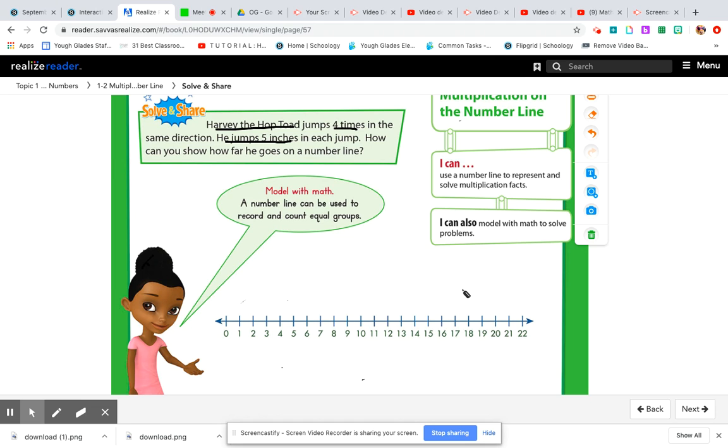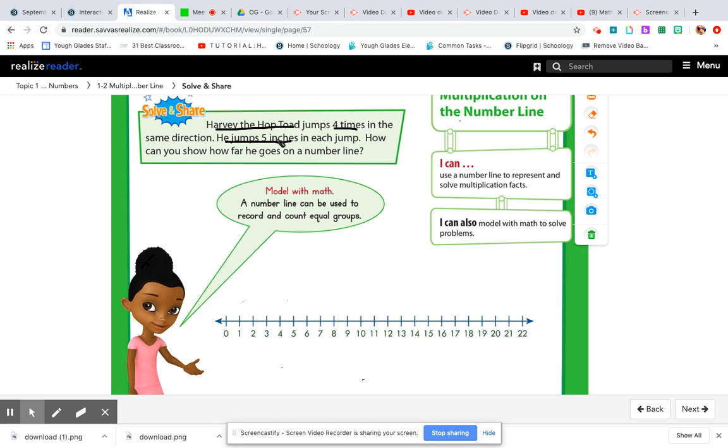So multiplication and skip counting are also related. That's why we use repeated addition to solve multiplication problems. You could also use skip counting to solve multiplication problems, and we're doing that on the number line. You can skip count starting with any number 2 and up. You can skip count by 2s, 3s, 4s, 5s, 6s, 7s, 8s, 9s, 10s, and so on. It's up to you. We are going to show skip counting by 5s because we have to make